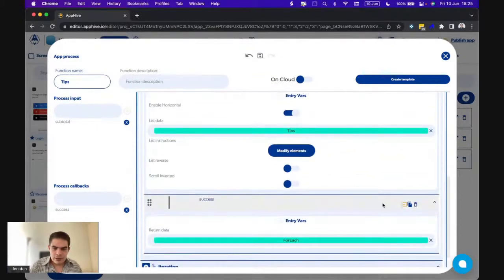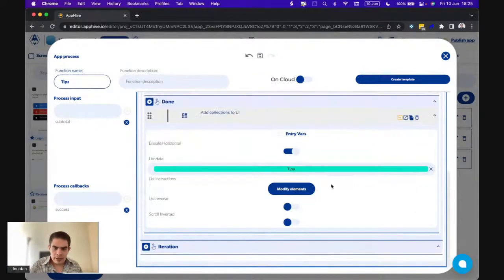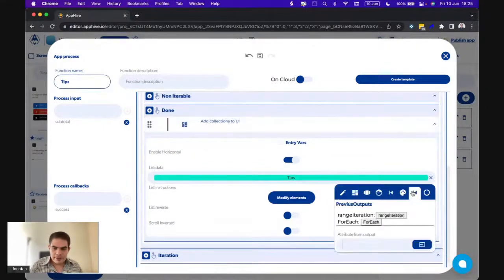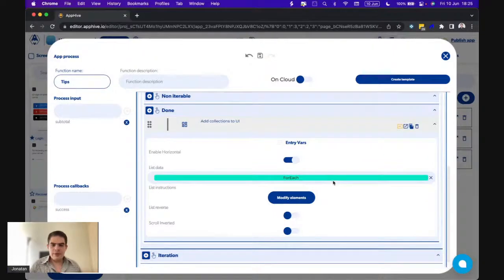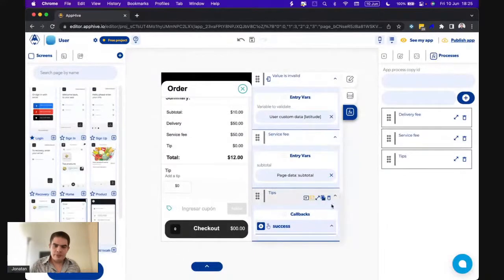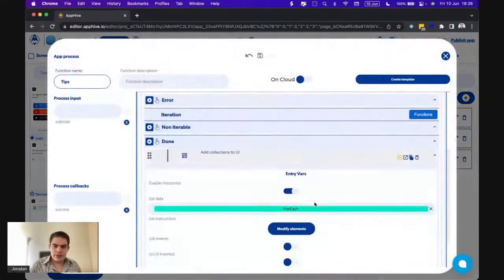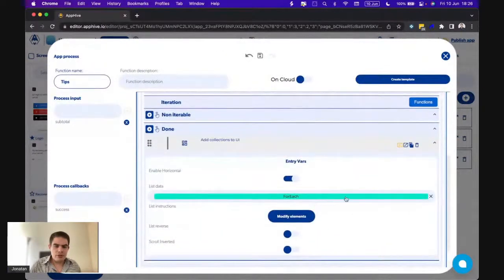Okay, so I'm going to use the information we read from the for each and create the add collection here instead of here. So it's the same. You see what I just did? I copy this function and add this function inside my for each function, well, my app process. I can move the functions from the page to my process. Why I'm moving this function is because I'm going to call this function again and again as a recursive function,